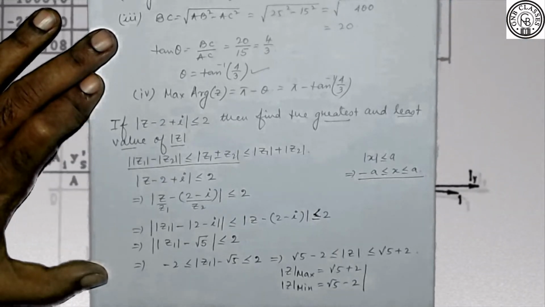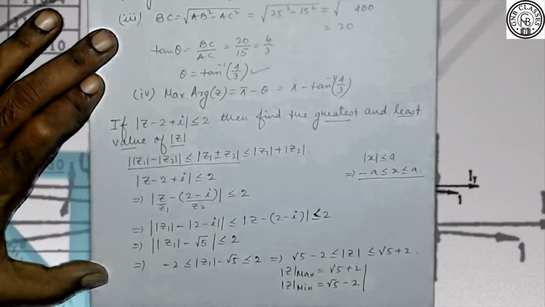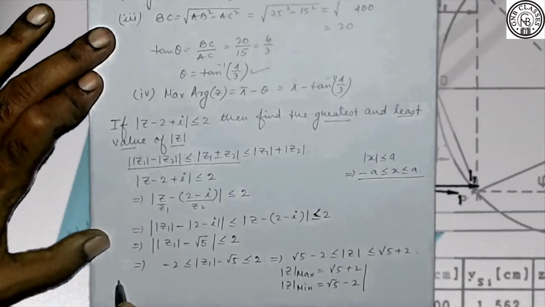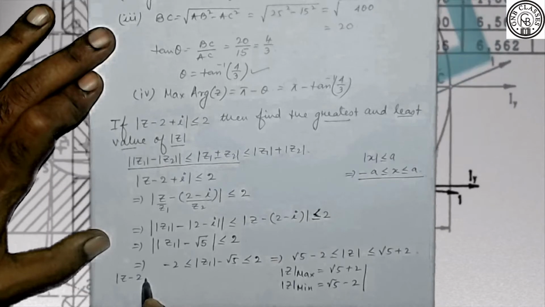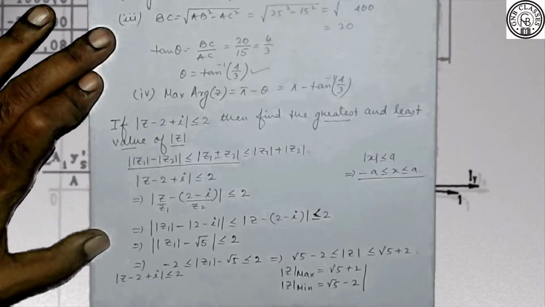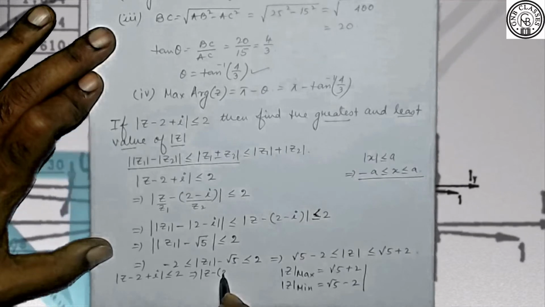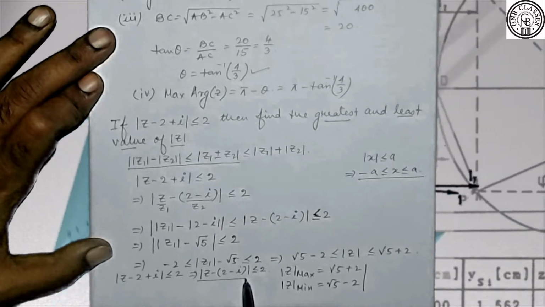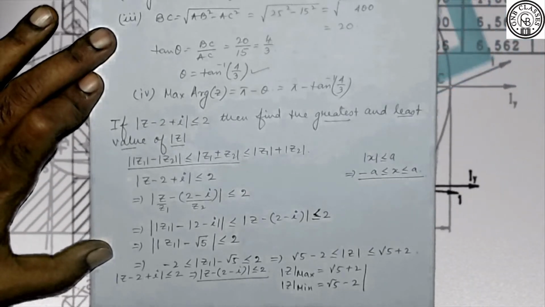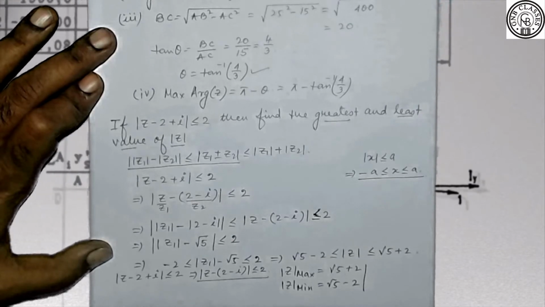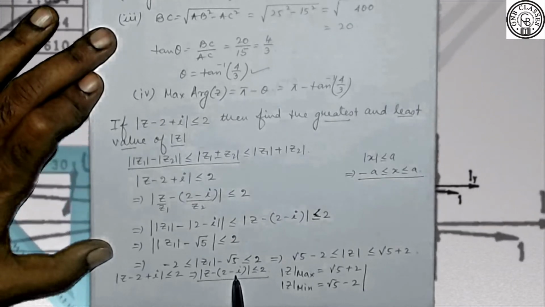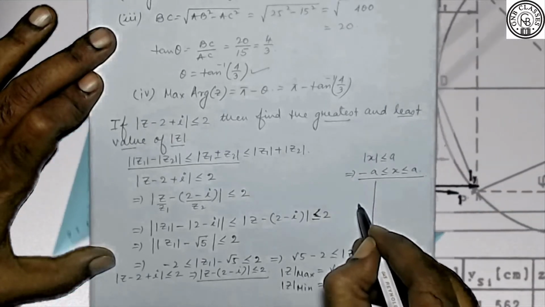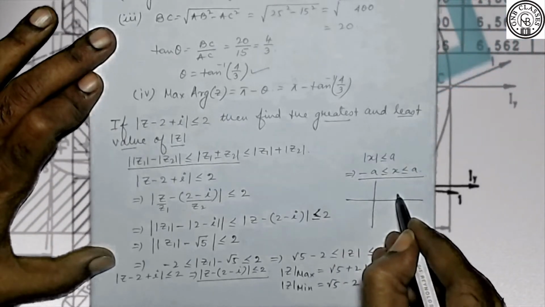Okay, now I will do the same sum by using the graphical method. Look at it carefully. Can I do it over here? Otherwise I have to turn the page. Just look carefully from here that we have mod of z minus 2 plus iota is less than or equal to 2, which means mod of z minus 2 minus iota is less than or equal to 2. It means that z is lying inside and on the circumference of a circle whose center is at 2, minus 1 and whose radius is 2. Okay, so we can draw the circle here. It will look something like this.